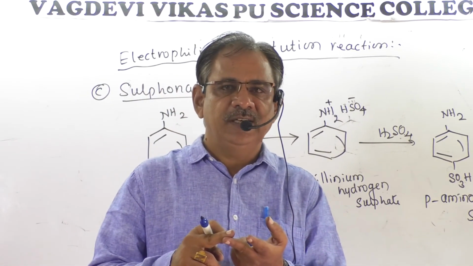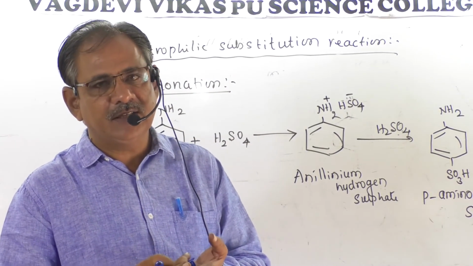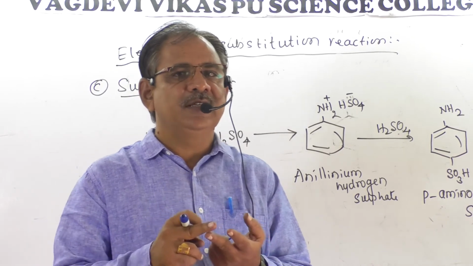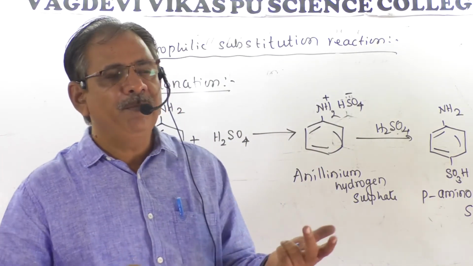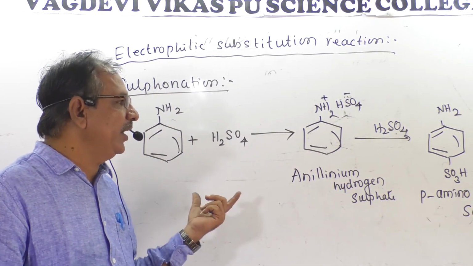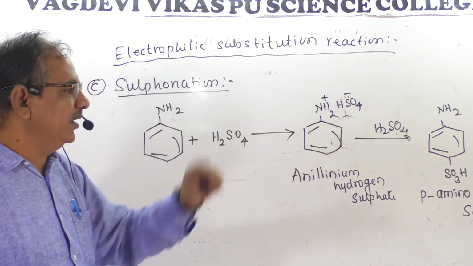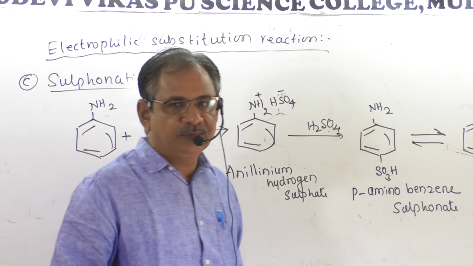That is called the nitration product. The percentage yield of para-nitroaniline is 51, meta-nitroaniline is 47, and the remaining 2% is ortho-nitroaniline. That meta-nitroaniline is formed through the anilinium ion during the intermediate reaction. Then when sulfonation is done, Zwitter ion formation takes place. Now today we will stop